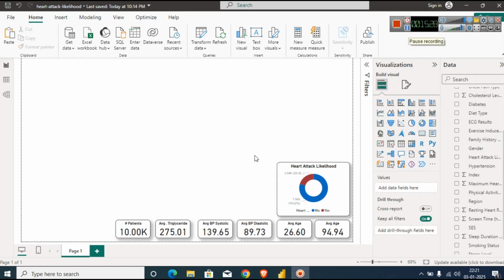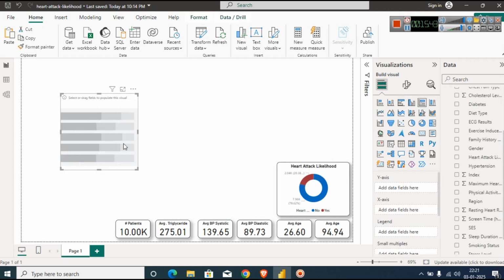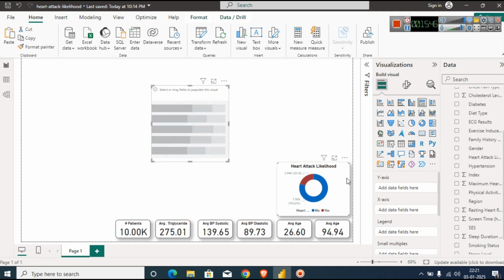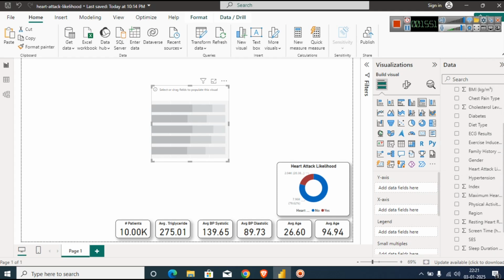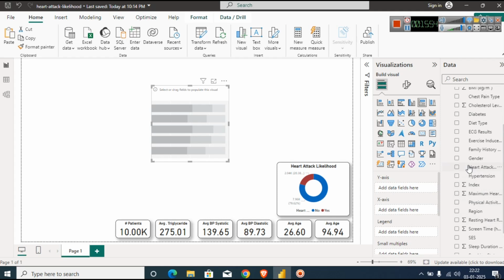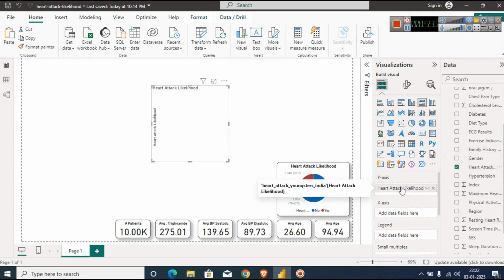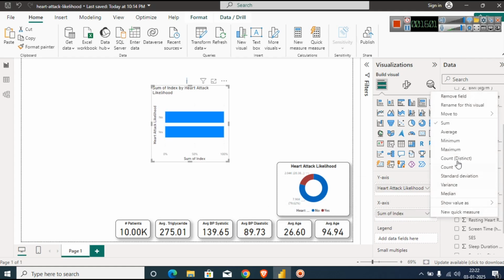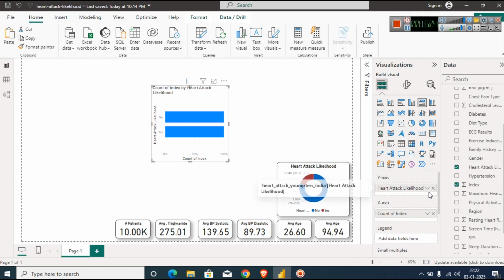So obviously this is a graph that we will just keep for reference purpose, but actually we have to see the influence of different parameters on heart attack likelihood. For that we will bring a 100% stack bar chart here. Okay, obviously we are going to resize this, but what I am going to bring here in y-axis, I will bring heart attack likelihood, so this, and on x-axis we are going to count the number of values, not sum, but we are going to count distinct values. Okay,